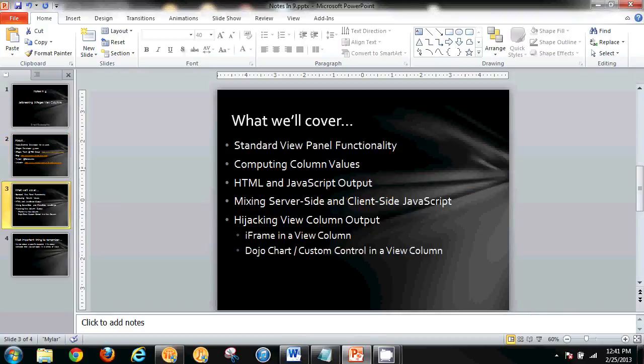So in this session, we're going to take a look at view panels. We'll look at the standard functionality for a view panel. What does it display in a column? We'll look at improving that by computing column values. We'll take a look at how you can pass HTML and JavaScript output through a view column to the browser. And then we'll take it a step further and show how to mix server-side and client-side JavaScript to generate even more customized output. And finally, we'll take a look at hijacking the view column altogether so that we have complete